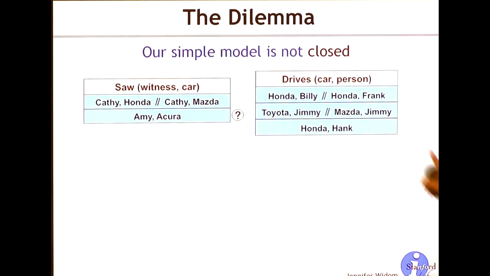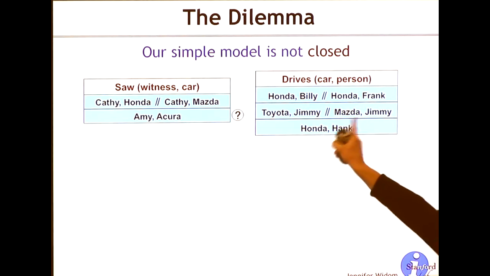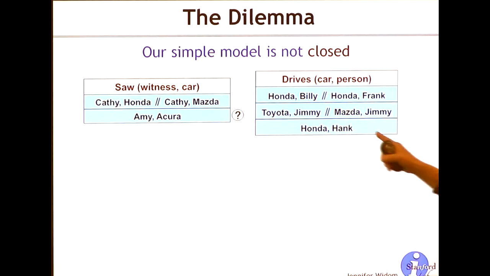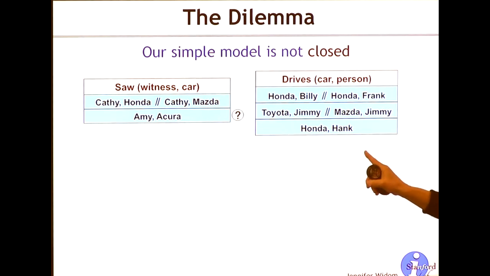Jimmy is driving 2 cars. Pardon? Jimmy is driving 2 cars. This says that Jimmy drove a car, but we don't know, it's either a Mazda or it's a Toyota. So these are either or. You can't have both of these at once. You have one or the other. Yeah, I make that very clear. This says that one or the other is true. This says it's either present or absent. This is the only tuple that's absolutely normal. This says definitely there's a Honda driven by Hank.